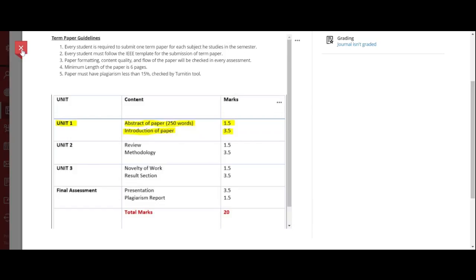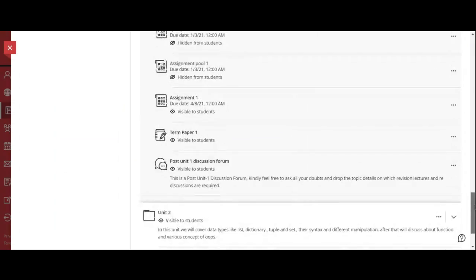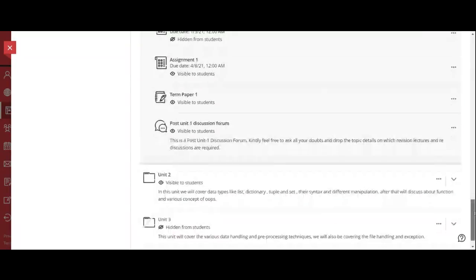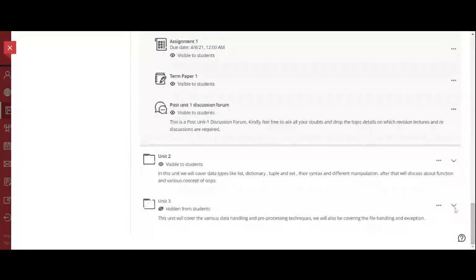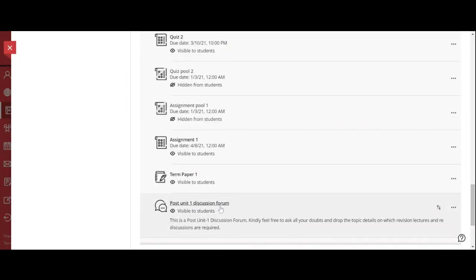So this is what I wanted to discuss about the term paper, and then you all need to complete the discussion forum also. I have seen that there are still a number of entries pending. This is your engagement task. Unit 1 discussion forum is still pending from many of the students, so try to complete that. And after unit 2 completion, you need to complete the discussion forum for unit 2 also. After every chapter there is a discussion forum, and this is the post unit 1 discussion forum. If you have any query, you can also post your doubt related to it.